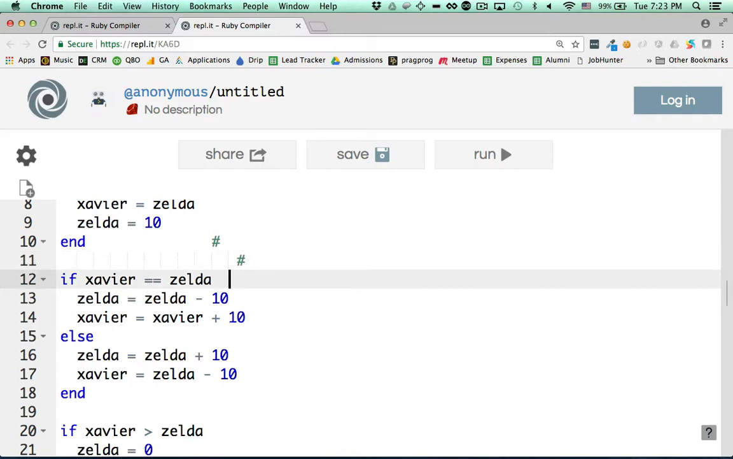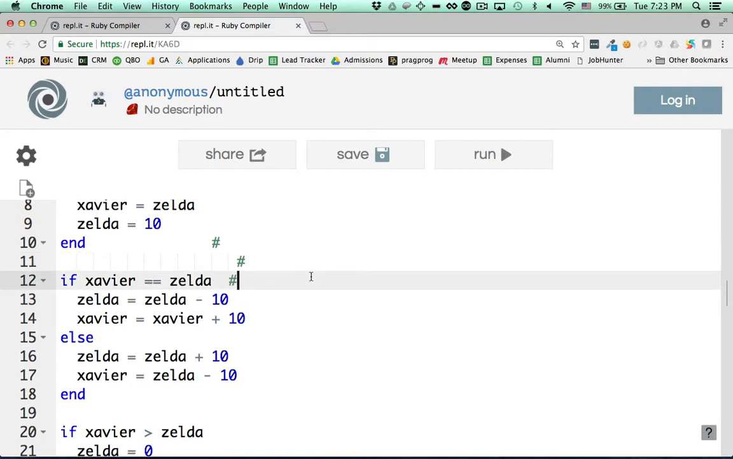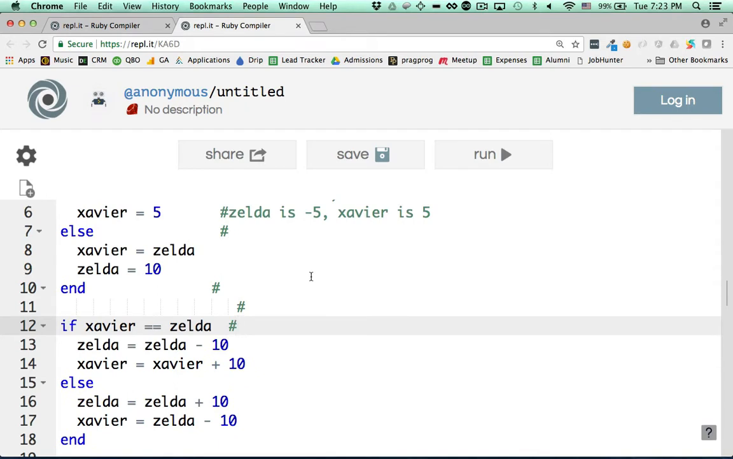Okay. If Xavier is equal to Zelda, so we run that. Is Xavier equal to Zelda? It is not, because Zelda is -5, Xavier is +5. So we skip over lines 13 and 14. We run line 15. Do we run line 16? Yes. Because if we didn't run this fork in the road, that means we have to run the other one. So else,